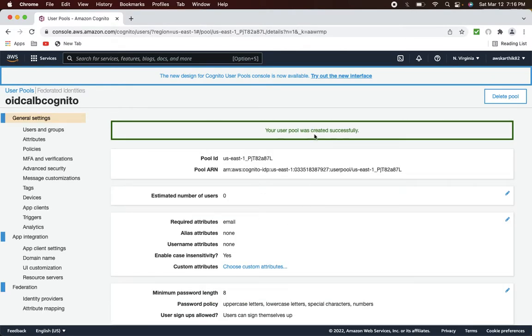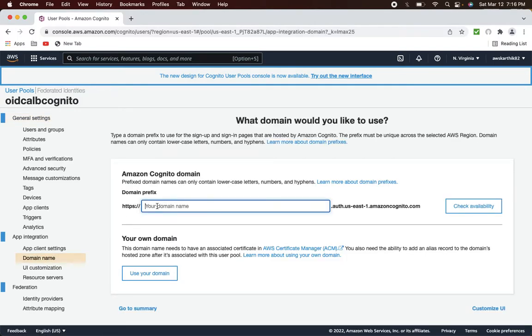So the Cognito user pool is created. The next step is to create a domain name for this Cognito user pool, because this is the URL which will be used for redirecting the users to Cognito for authentication. Of course, you can use your own domain. If you look at this option, you can use your own domain, but this is just a demo, so I'm just going to give a random